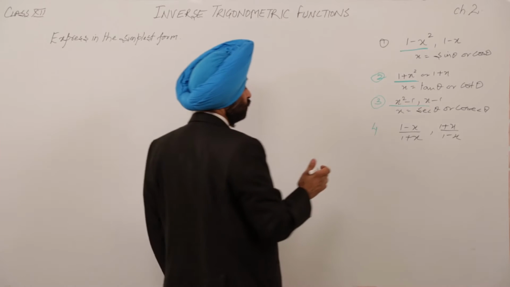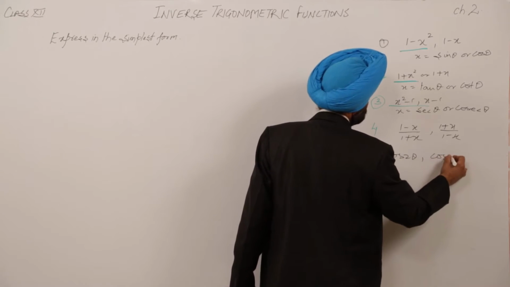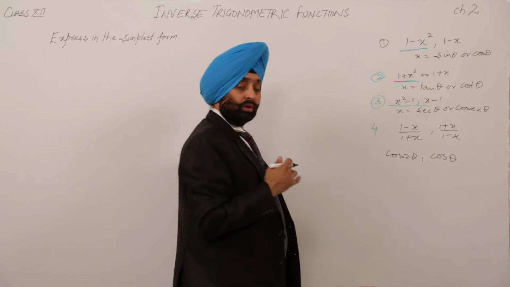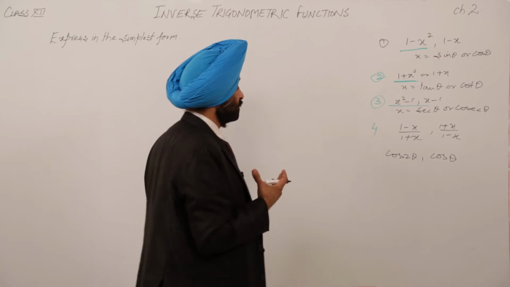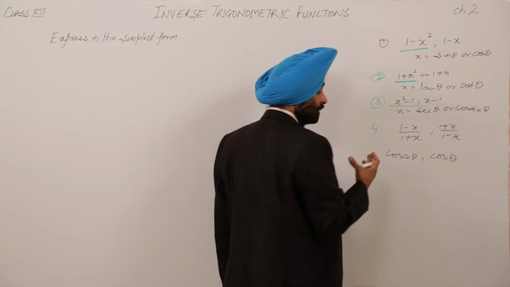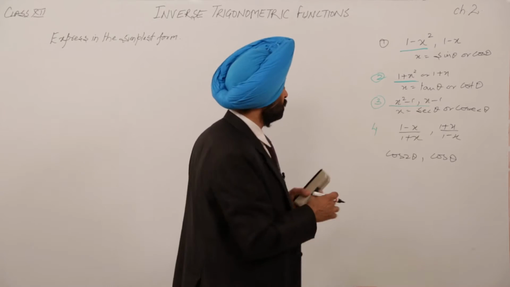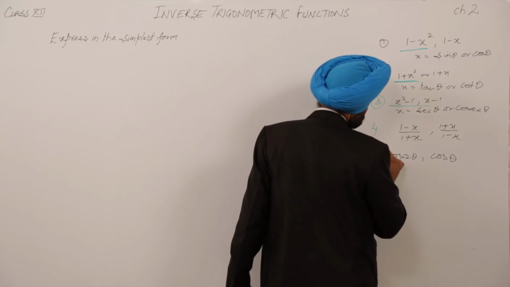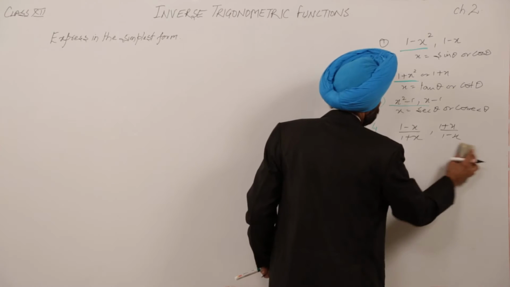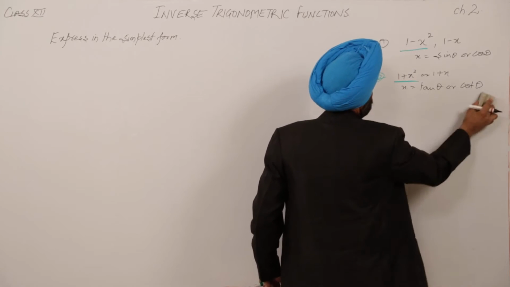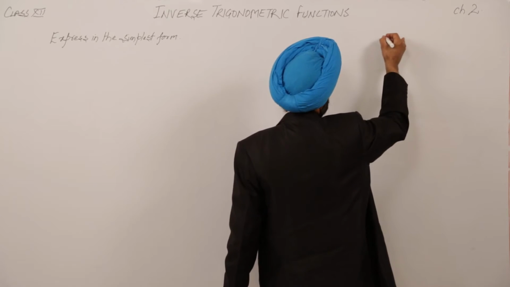Now here we are having two formulas. Number one is what? We can put cos 2 theta or we can put cos theta. Now what is the result for cos 2 theta or for cos theta, that I am going to tell you. Then we are using some more formulas also, and wherever I use a formula I am going to tell you. Now let me tell you something about cos 2 theta and cos theta. For cos 2 theta we have a formula which you have already derived in class 11th.